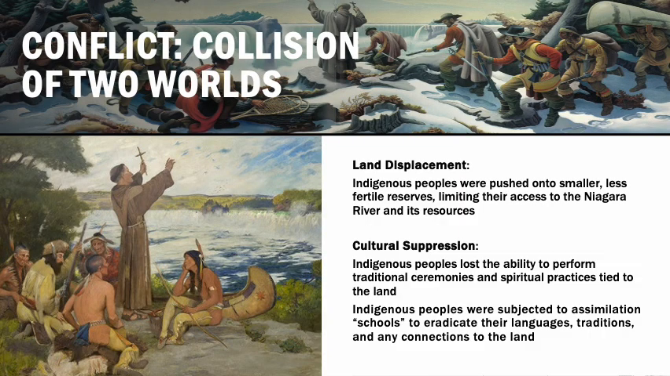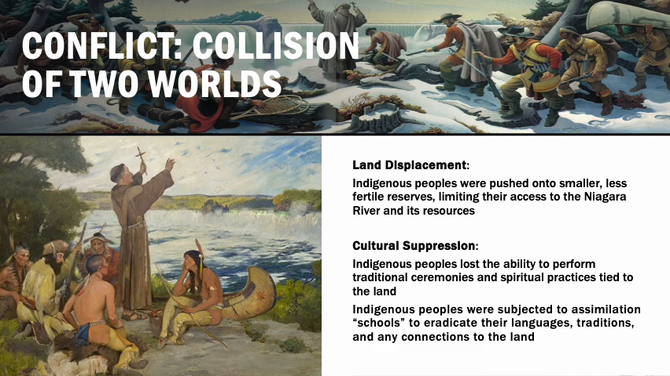The Haudenosaunee Confederacy were forced to cede land through treaties that were often negotiated under duress or just outright violations from the settlers. As settlers moved into the region, the indigenous people were pushed into smaller and less fertile reserves, limiting their access to the Niagara River and its resources. With restricted access to the falls, indigenous communities lost their ability to perform traditional ceremonies and maintain spiritual practices tied